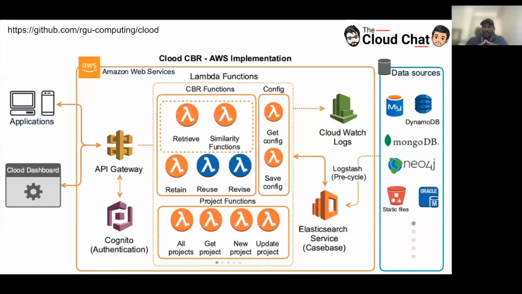The entire process starts by having data sources. So you need to have your data resources, let's say MySQL database, MongoDB, Dynamo. You can have any sort of data source. It can be even CSV files as a static file. And so the entry point to the CRUD CBR system is pushing them into Elasticsearch